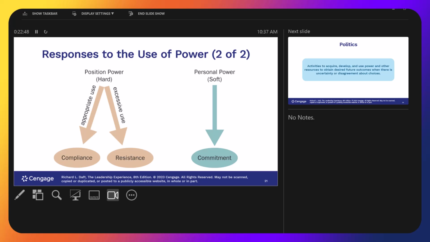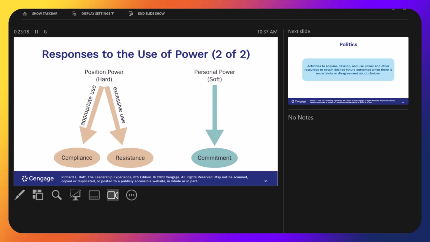Personal power, soft power. I used to always ask this question when I was trying to work with some people that I didn't know, or was working with people for the first time. There were two questions I always wanted to know. Who's in charge? And then they would tell me. And then I would ask a second question. Now, who's running things? Some people look at me like, well, you just asked me who's in charge.